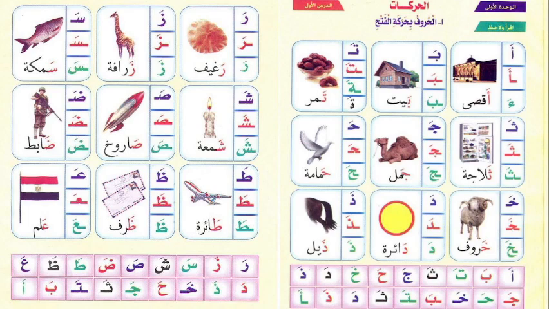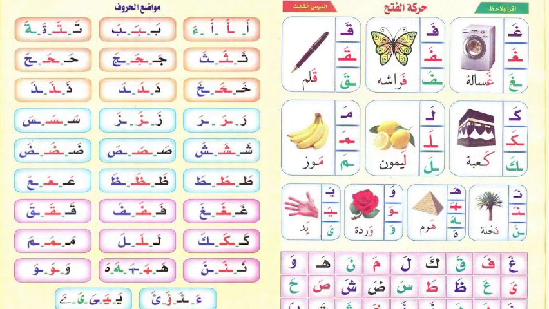But as far as ha is concerned, when it comes at the end, it will be written this way. Only that, like ta'ul marbuta, it will not have those two dots, and that indicates it is ha. So these ways, the two fil wasat, are just telling you that you can write it in either of the ways.